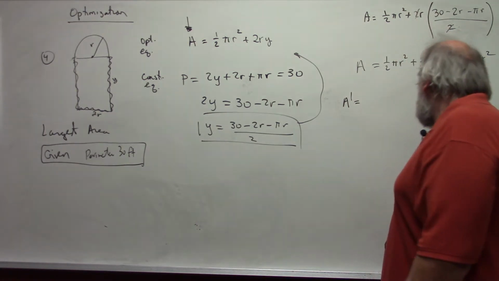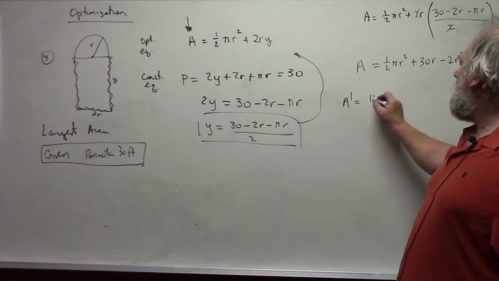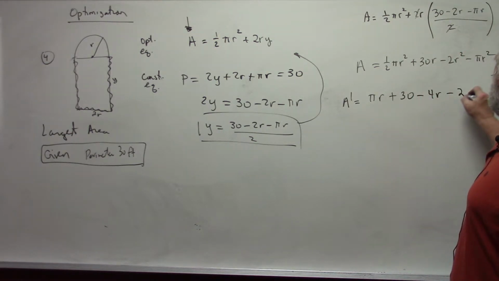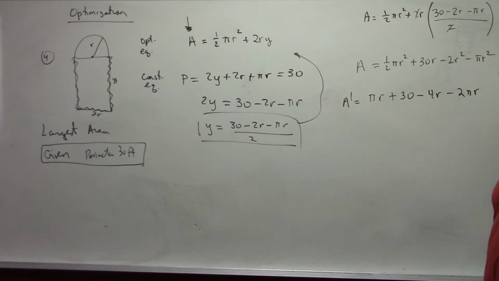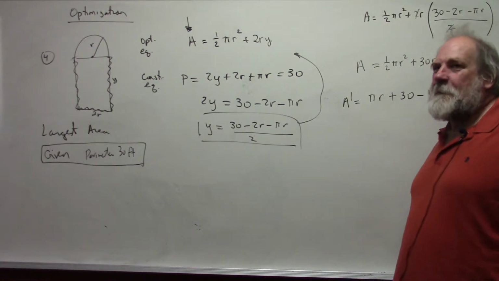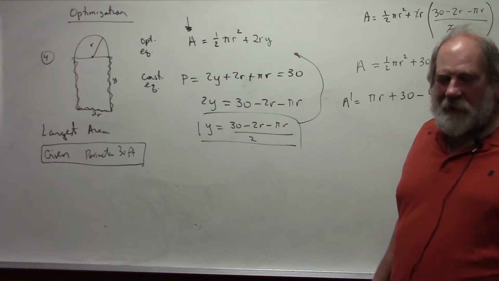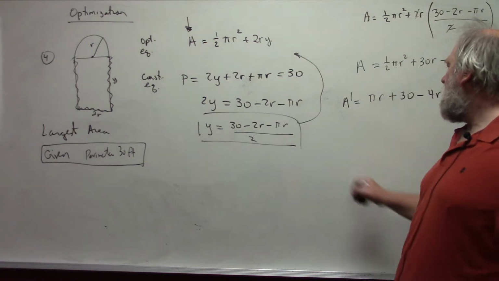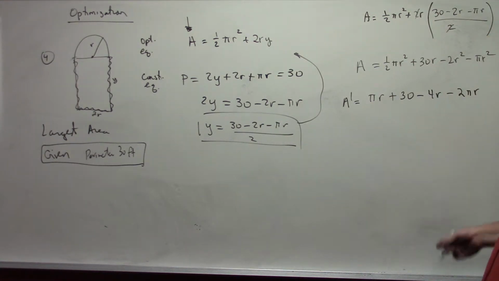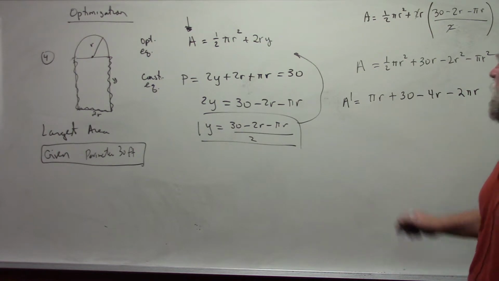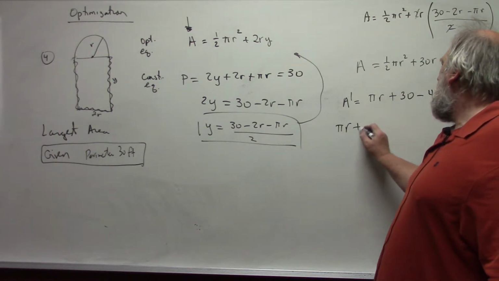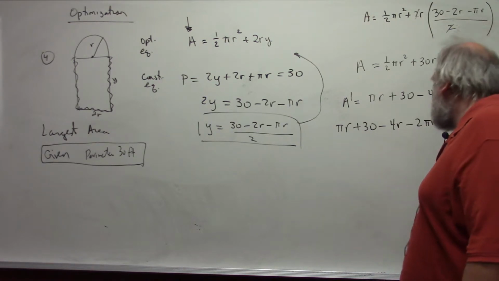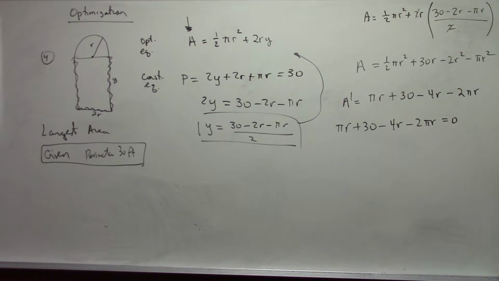The derivative then is going to be pi r plus 30 minus 4r minus 2 pi r. The optimal value, the maximum value, is going to occur where the derivative is 0. And so I will take this. Do not put equals 0 here. You're saying the derivative is always 0. Change the function into an equation. Pi r plus 30 minus 4r minus 2 pi r is equal to 0. That then gives me,